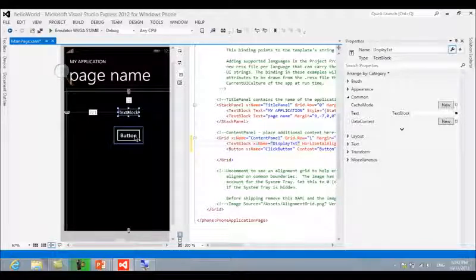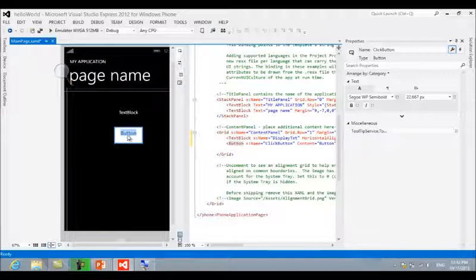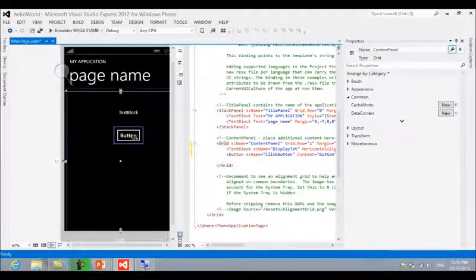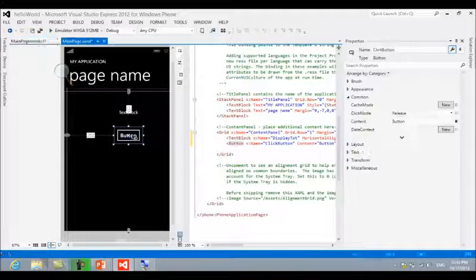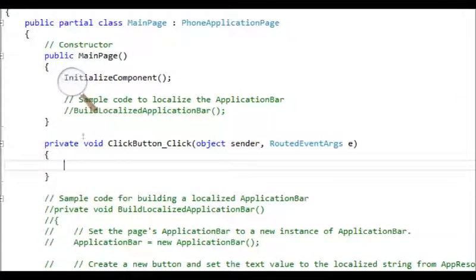So now a very simple step to create a button click event handler. What you need to do is just come to your button and double click it. Sorry, I clicked it. Okay, so when I double click it, you can see that an event handler was generated, that is a block of code in which whatever you write between the opening and closing curly braces will be executed when you click the button. So what is the event handler name? That is click button underscore click. Whenever you click your button, this code will be executed.